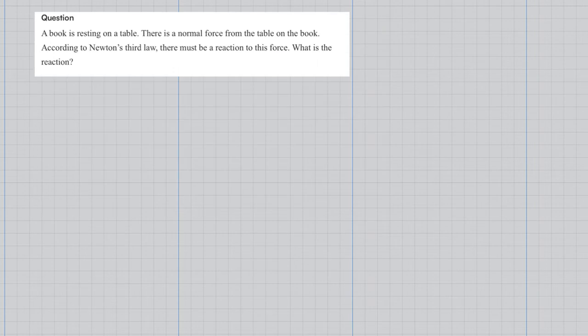Our next question says, a book is resting on a table. There's a normal force from the table on the book. According to Newton's third law, there must be a reaction to this force. What is that reaction? So if we think about our table with our book resting on the table,